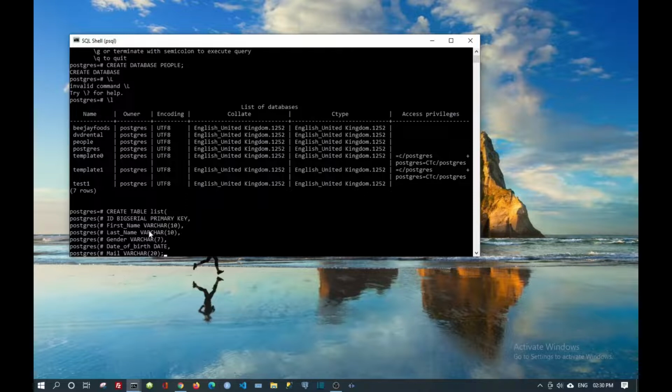Okay, so the data type we use for the first name, last name, gender is varchar, that's for string. Then the data type we use for date is date. For mail, we use varchar. The limit of text that can be typed here is 20. Then press enter. I also need to close it because this is the opening bracket. You actually have to close it. So put in your closing bracket and a semicolon. Once you press enter,